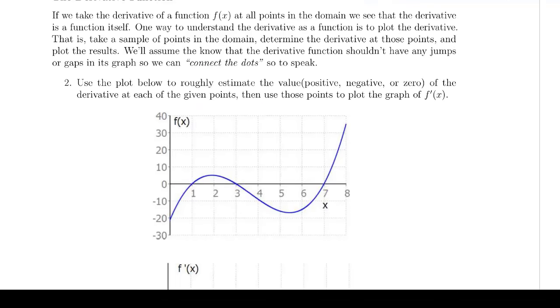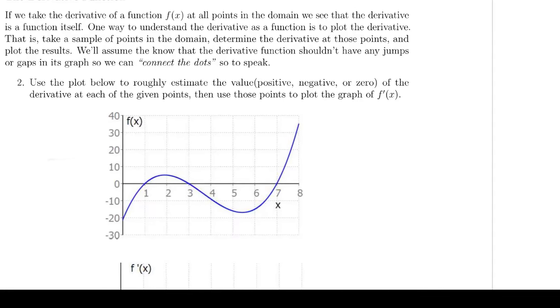So in the last problem, we saw a few estimates of derivatives using tangent lines. Another thing that we can do with this notion of the tangent line and the correspondence to the derivative is that we can actually plot a derivative of a function given the plot of a curve. So let's go do that now. And probably the best way to do this is to use this connection that